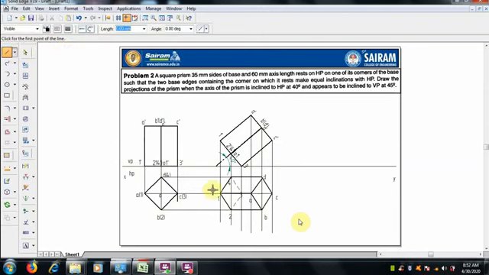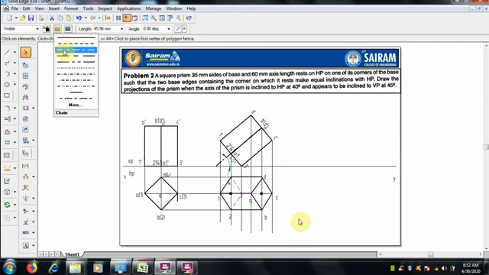And the axis line, so we have to show the axis from O to O', that is the axis line. Select axis with 0.5 mm thickness.